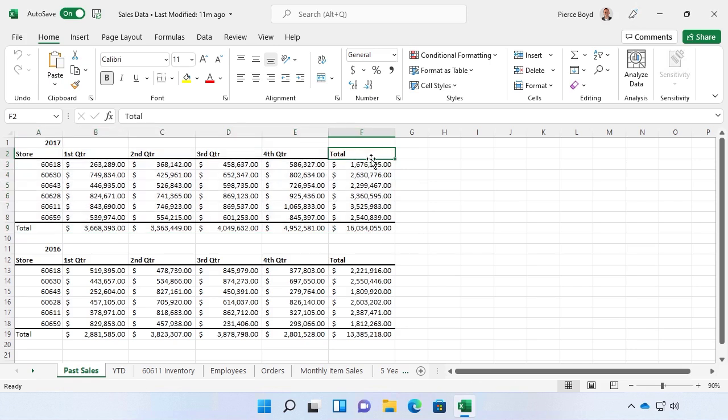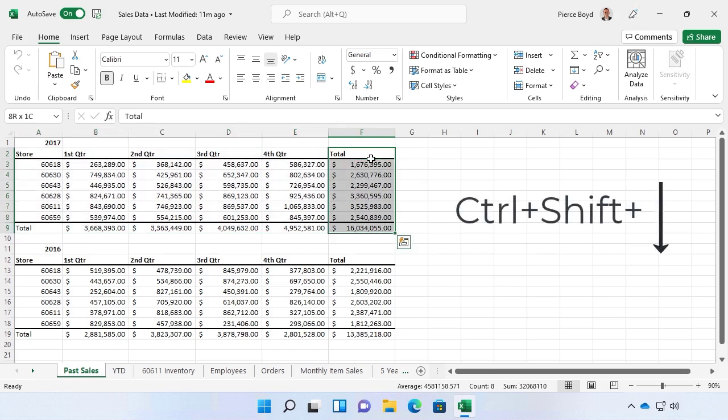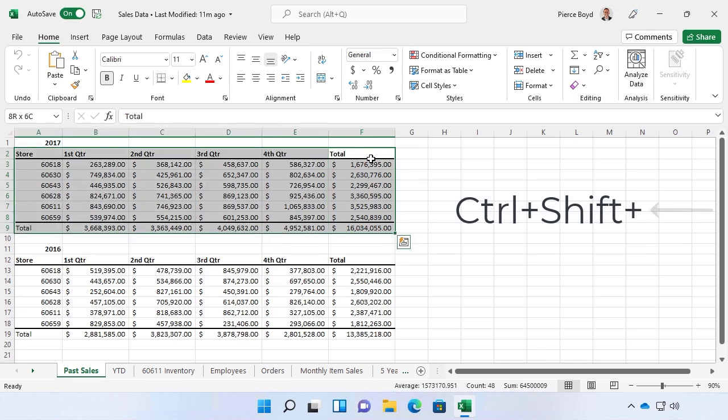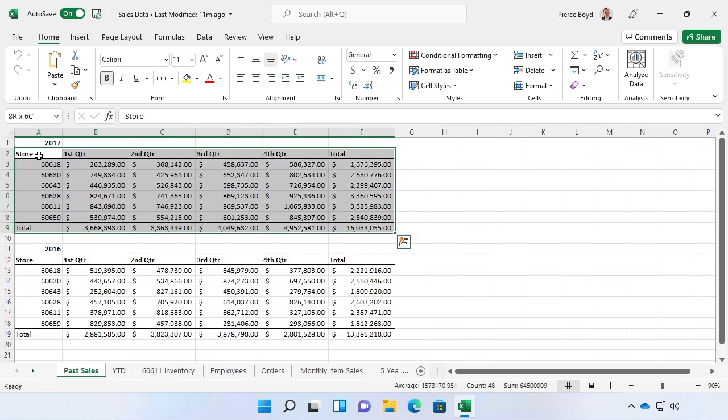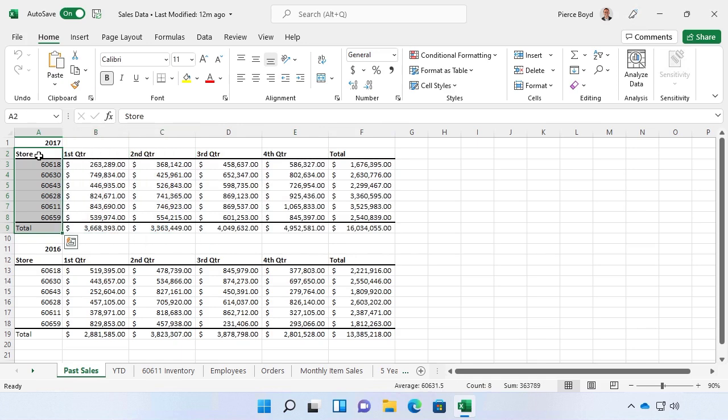Now, if I do that over here, Control, Shift, down, Control, Shift, left arrow, takes me back that way. If I want to go ahead and just move over one column, Control, Shift, down, I will let go of the Control key and just use Shift and use my right arrow, and it will take me over one column. If I use the right arrow again, and again, now I can go back by using Shift, left arrow. And of course, I can do this anywhere